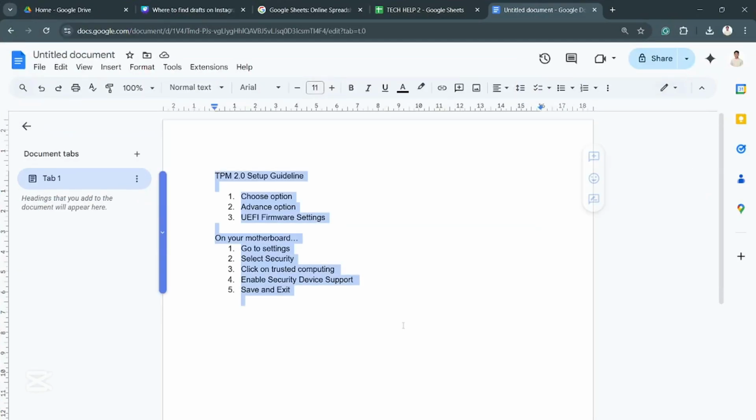I've listed it down. If you want to copy this, then please feel free to do so. But here's what the next steps are. So after clicking Advanced Restart, you're going to want to go to